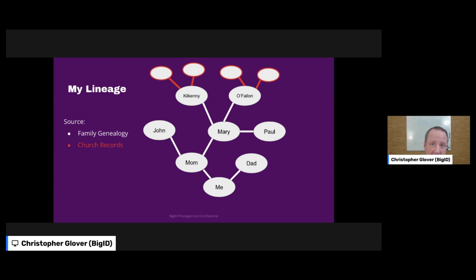Now, the story doesn't end there. There's absolutely more technology that I could apply to this. If I wanted to take it even further, I could look at DNA. And a lot of companies are now allowing you to get your DNA, upload your DNA, share it with websites out there. And what could go wrong with that? But people are doing it. And if you look at my lineage online, and some of my family have shared their DNA, you'd find this interesting thing that, well, Great Uncle Paul had a few relationships that maybe the church wouldn't have condoned.